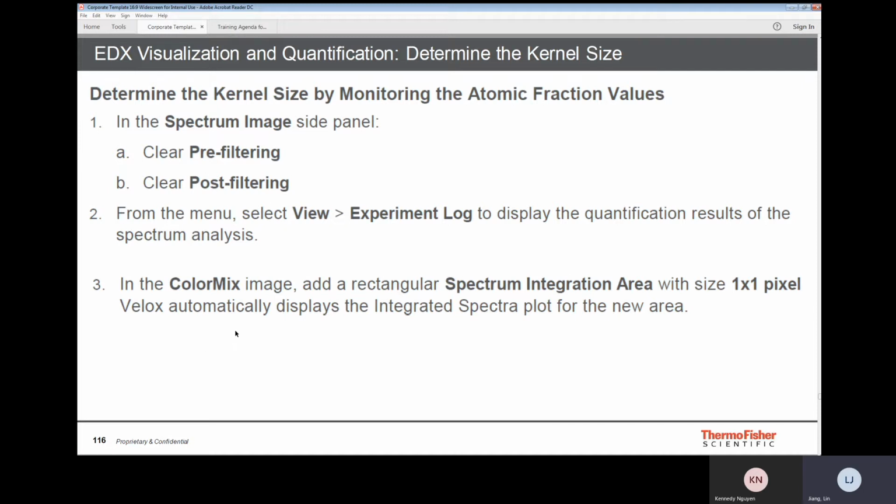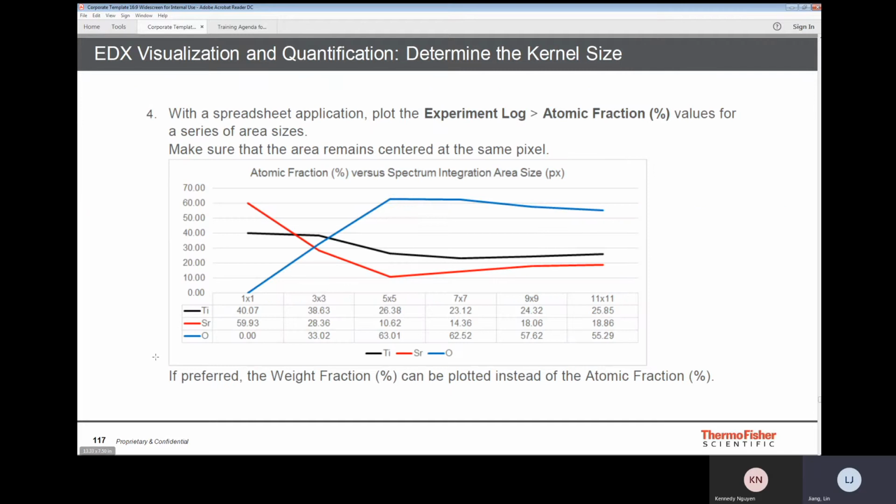And now within the experiment log, we can see the atom fraction. So we can combine the quantification results with different area sizes. So this is 1x1 pixel area, 3x3 pixel, 5x5, 7x7. When you see 1x1, you have a higher titanium fraction, which is wrong because you don't have enough counts for quantification. So this result is not